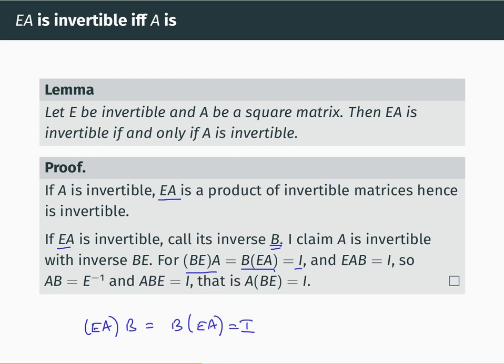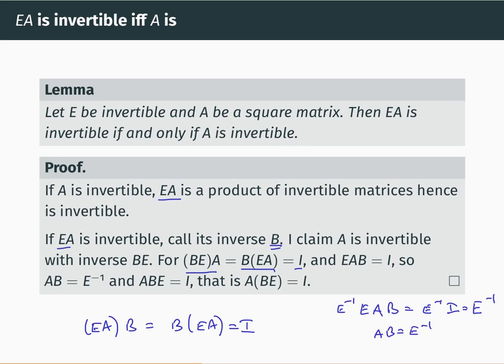So taking this equation and multiplying it on the left by E inverse, we get E inverse E A B equals E inverse times I, which is just E inverse, so AB is equal to E inverse,